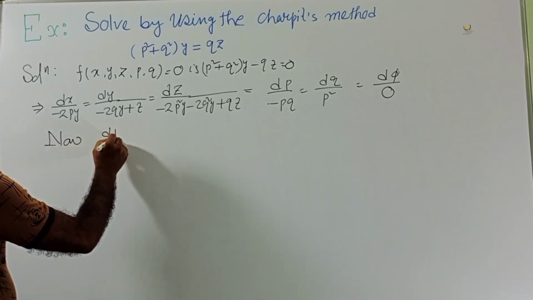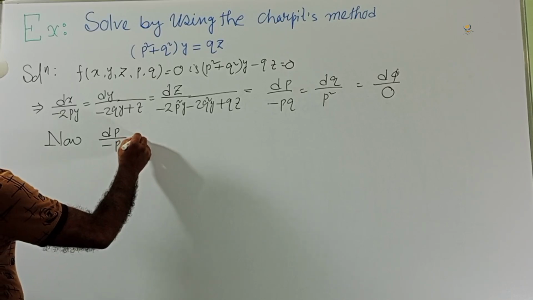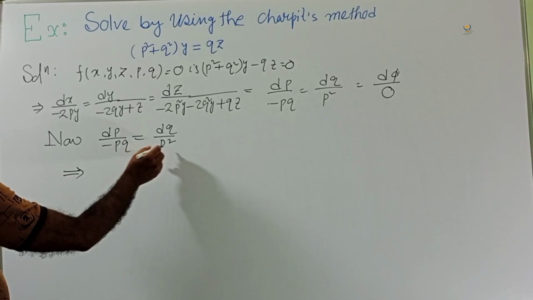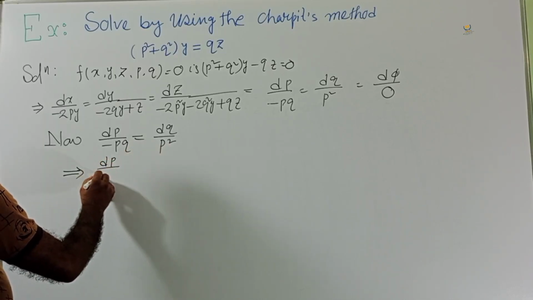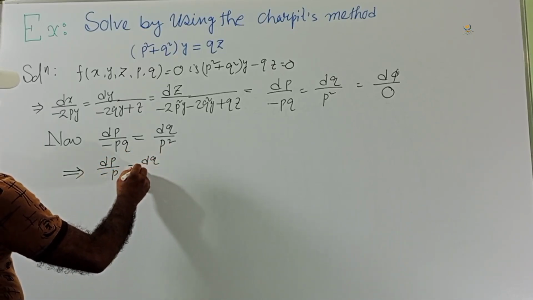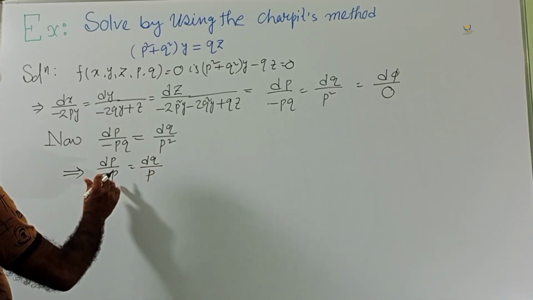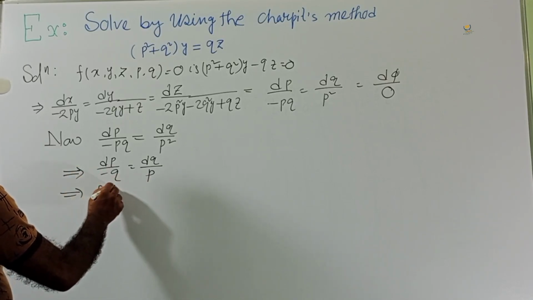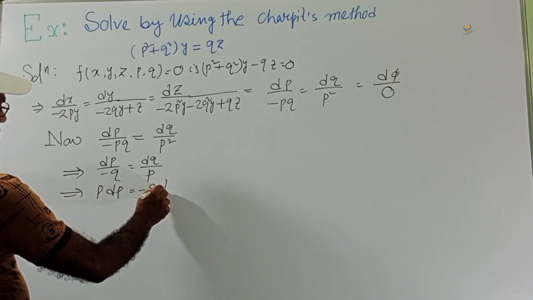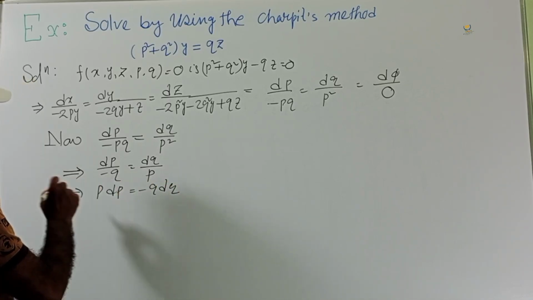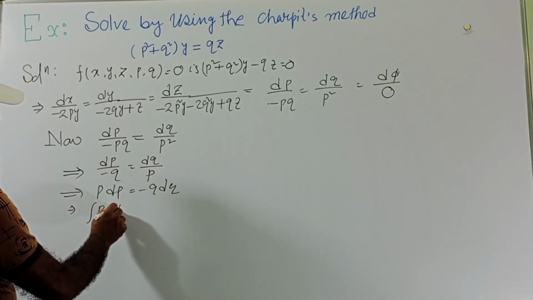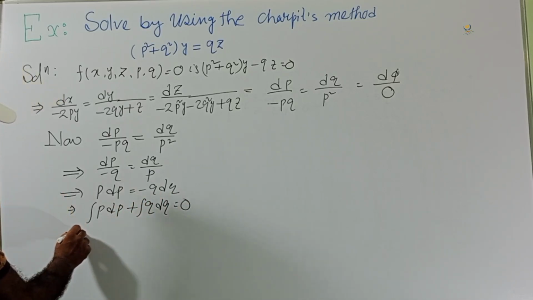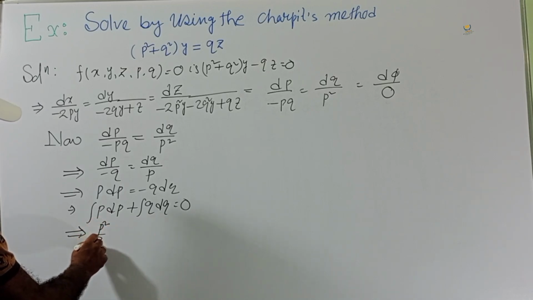Now dp by minus pq, dq by p square. This implies p is cancelled: dp by minus p, dq by p, and dq, this p is cancelled, this is q. Cross multiplication: p dp minus q dq. Taking this on the left hand side, p dp plus q dq equal to 0, and this will be p square by 2